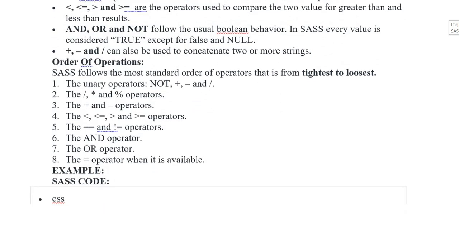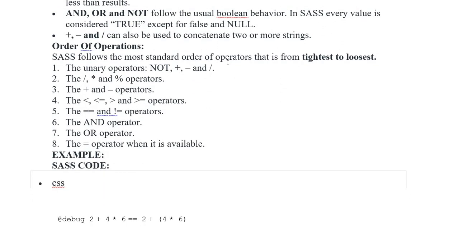Order of operations. SAS follows the most standard order of operation, that is from tightest to loosest. The unary operators not, plus, minus and divide, the multiplication, division and percentage operators, the plus minus operators, the greater than and less than operators, the and operator, the or operator, and the is equal operator when